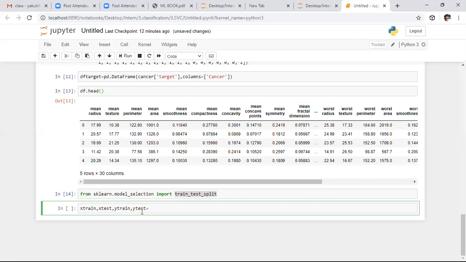After that, we need to use this class name, and with this name only we need to create an object. In this object, we need to specify the input, that is nothing but features. Features are present in the data frame, so for that purpose here I'm saying data frame. After that, we need to specify the target vector. What is the name we kept for the target vector? df target, right?